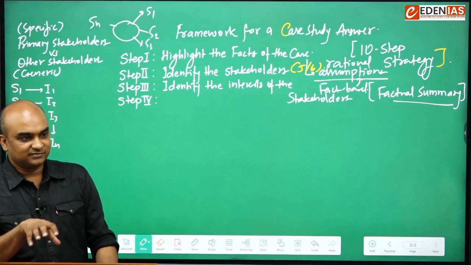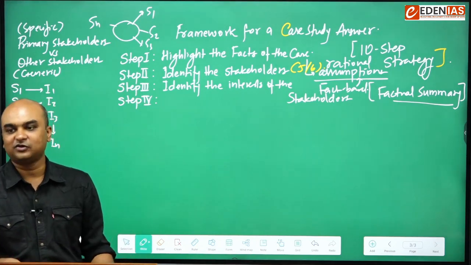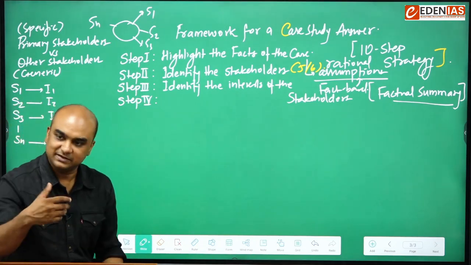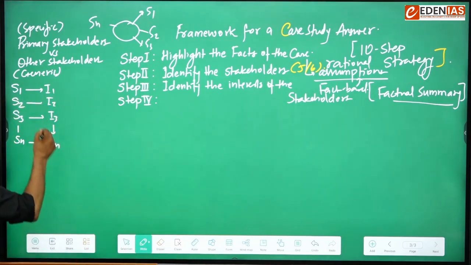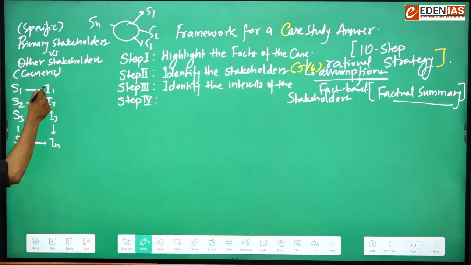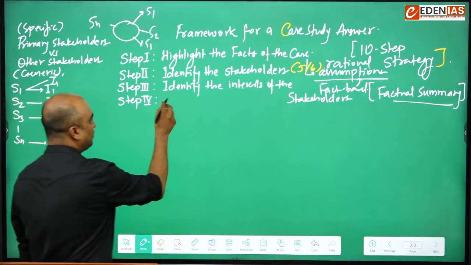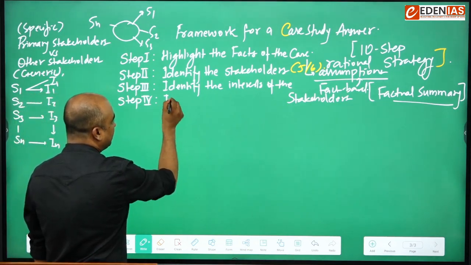Similarly, biodiversity services are also required for sustainable development, so that is another interest. So there could be a situation where two interests may clash with each other. It could happen that the same stakeholder has two interests, say I1 and I1 dash, which may clash with each other, or I1 may clash with I2 as well. So the step 4 has to be to identify